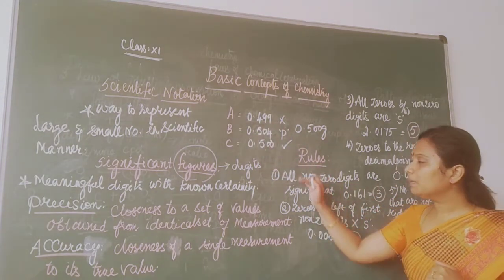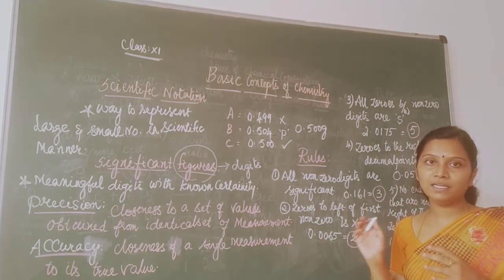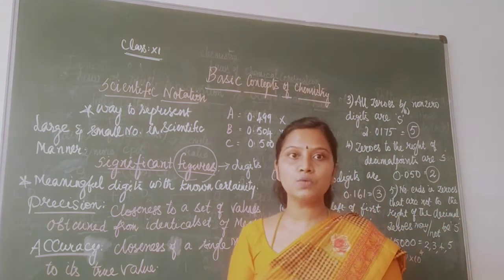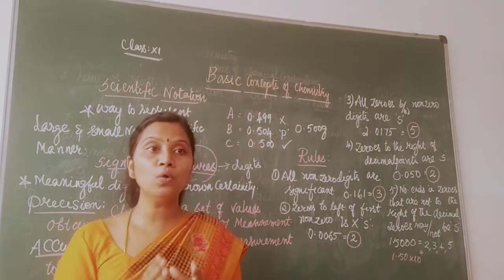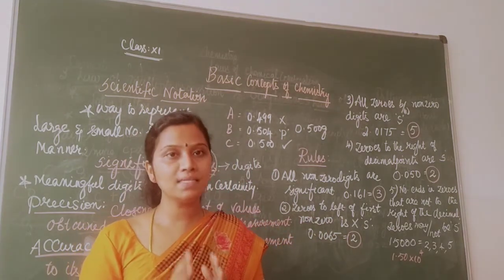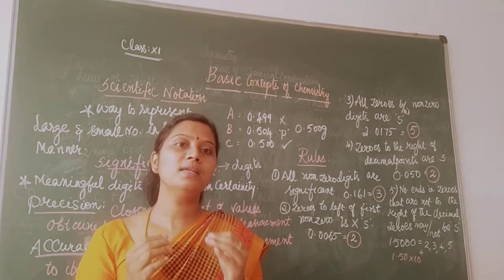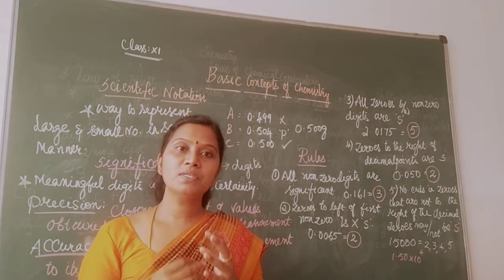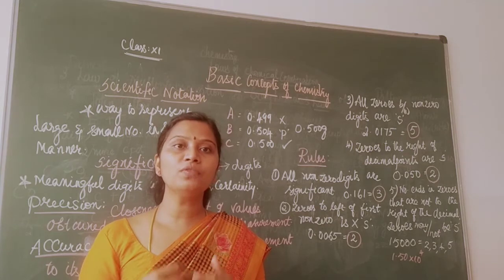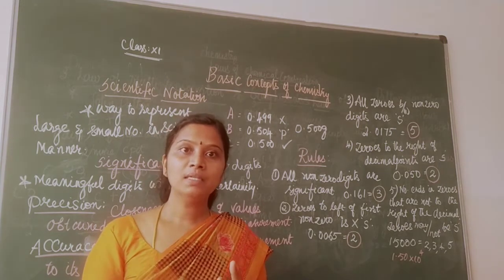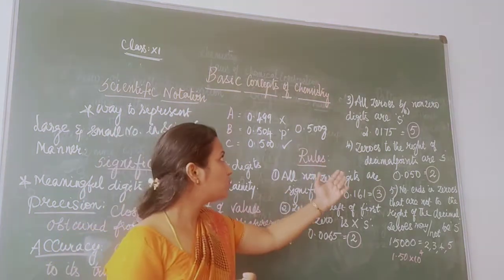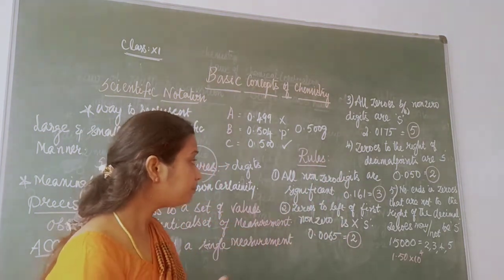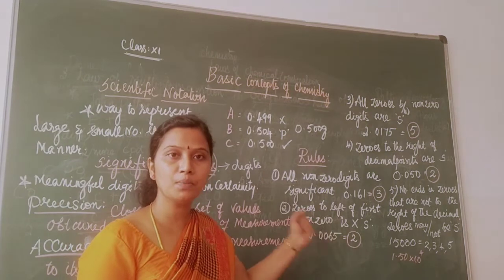Okay. Now coming to the rules to denote significant figures. As I have already discussed, significant figures are meaningful digits which are known with certainty, without uncertainty. So what are the rules to write significant figures? Because in chemistry, physics and mathematics we do a lot of calculation based on conversion, that is dimensional analysis, which we have seen before. There are 5 rules which we are supposed to follow.